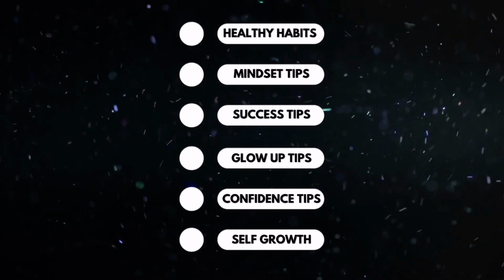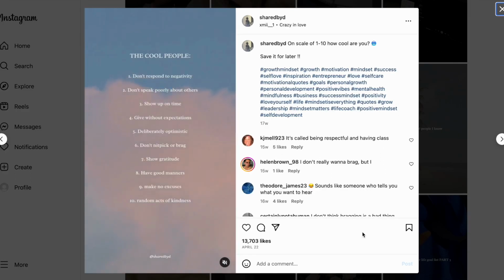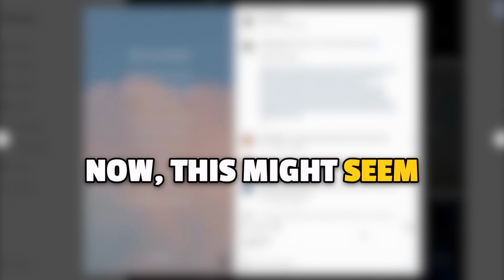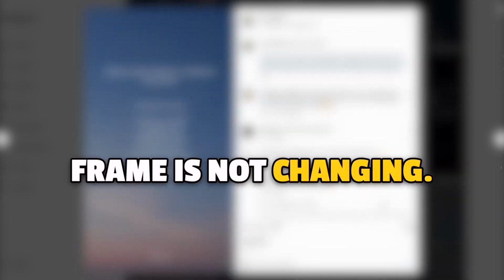Now, once we have our buckets or categories, let's look at the reels themselves. You can see that every reel here is about 7 to 8 seconds long and has all of the information or steps on one single frame with a cinematic background video. Now, this might seem counterintuitive, but it's actually a great strategy because the frame is not changing, and that way